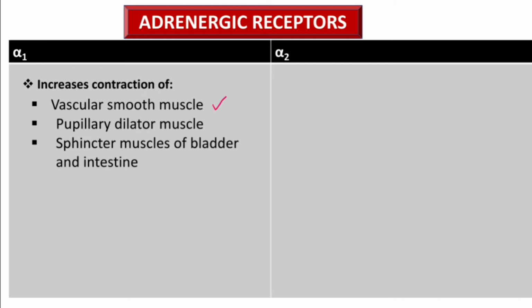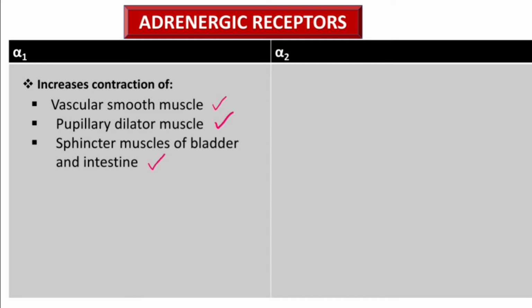Because I'm saying adrenergic receptors are fight and flight, right? So the blood will be diverted to muscles and other organs, which enables you to run or to fight, right? Then the second one, it increases the contraction of the pupillary dilator muscle, right? So this one will be for far vision, dilator pupillae for far vision, and also contraction of